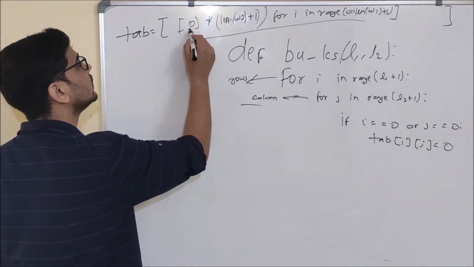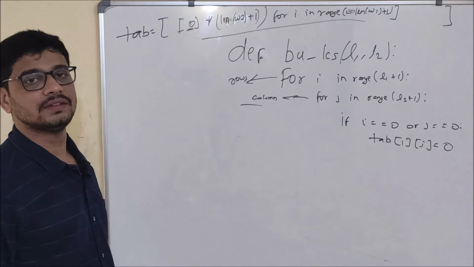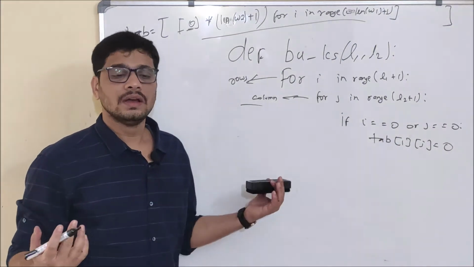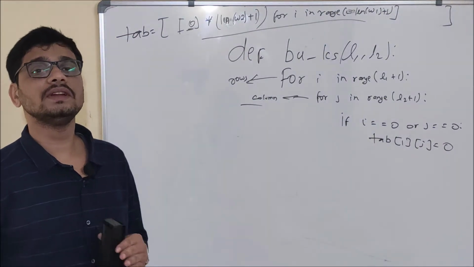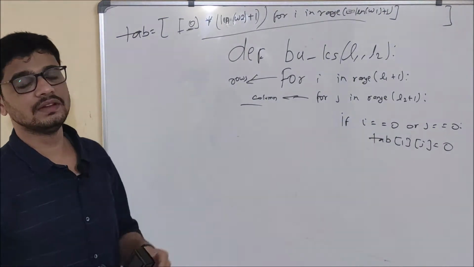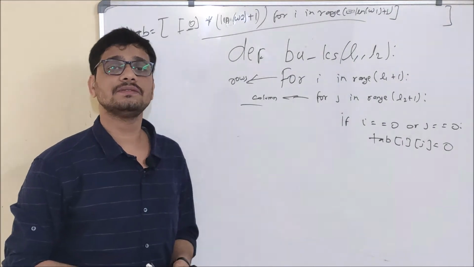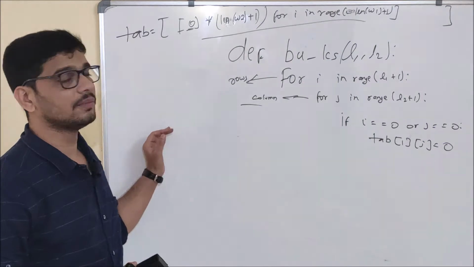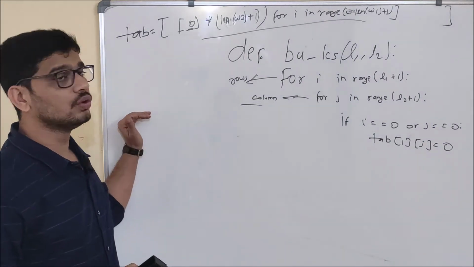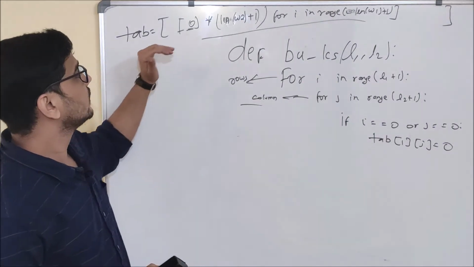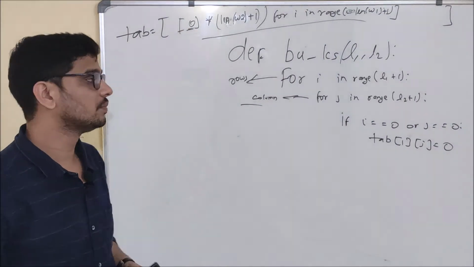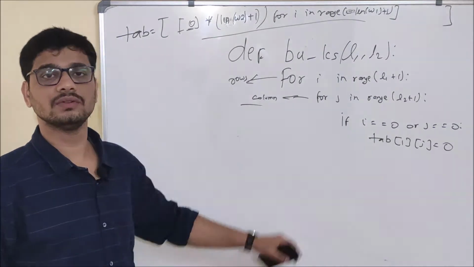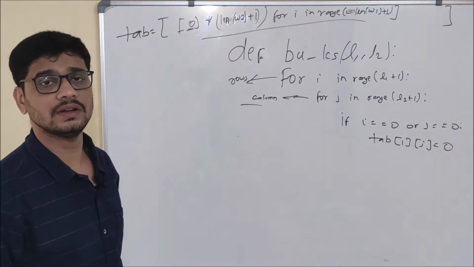You may be thinking, why have I initialized it using 0? In the bottom up program for LCS, it doesn't matter which value we initialize it with, but to be on the safer side, I am initializing it with 0. And one more thing, friends: when we come to another problem like longest palindromic subsequence, it will depend, and in those cases we are strictly required to initialize with 0.